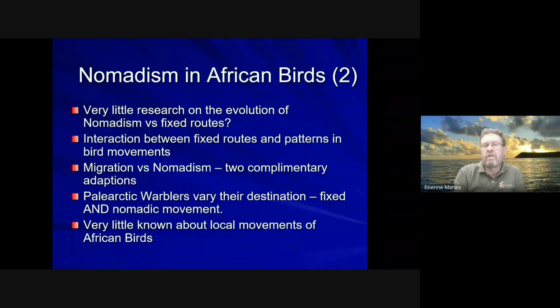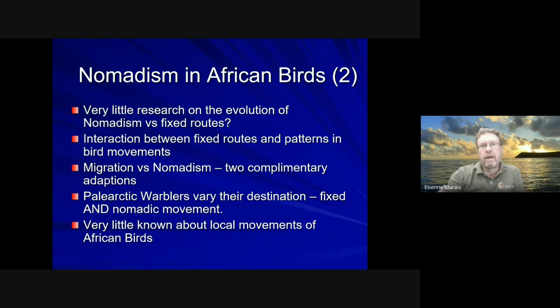I think there's an interaction between fixed routes and patterns in bird movement. So birds, the more clear cut the seasonality of the changes in environment is, the more fixed their routes. But even birds which show very fixed routes also show some degree of nomadism on their non-breeding grounds. So what I'm saying is that having a fixed pattern and then being able to be flexible are two complementary adaptations